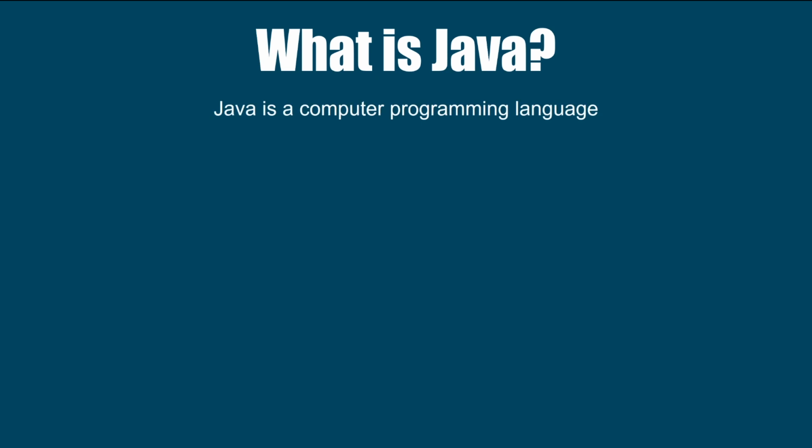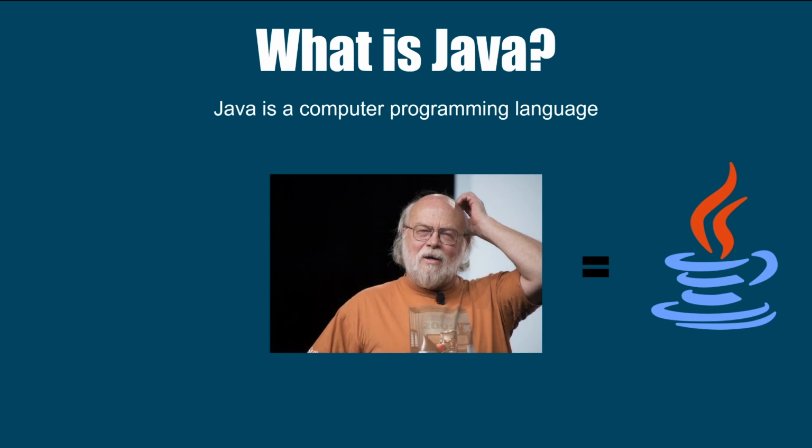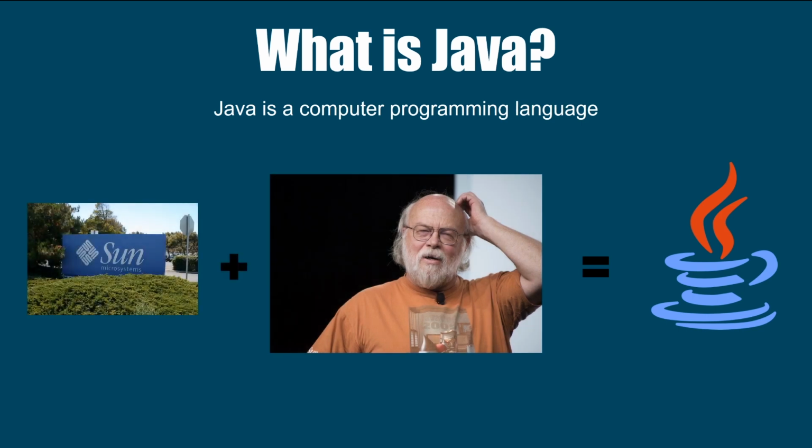Java is a computer programming language. The development of Java began in 1991 by James Gosling at Sun Microsystems. Java was initially called Oak, then Oak became Green, and then Green became Java. Java was introduced to the public in 1995, and in 2010 Java was picked up by Oracle when Oracle acquired